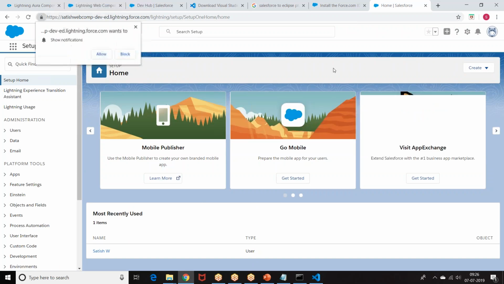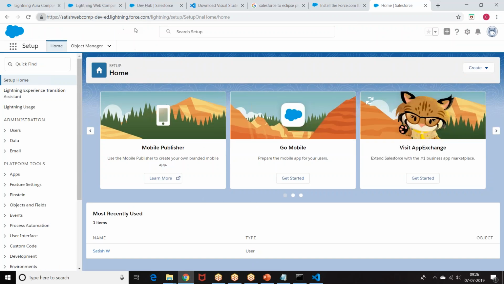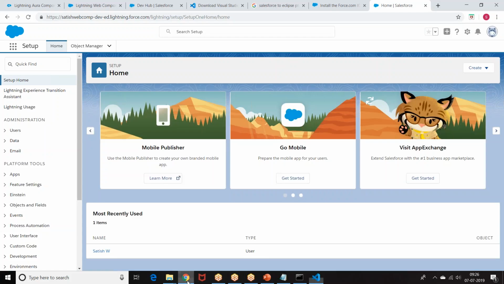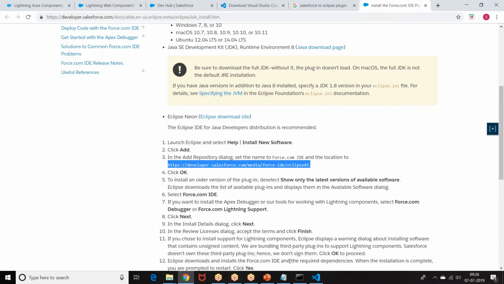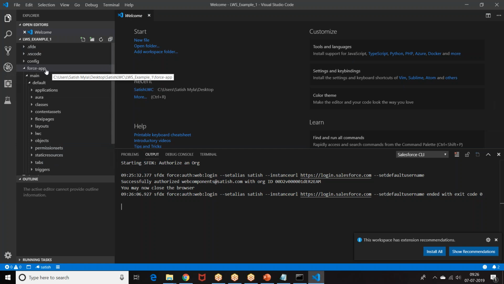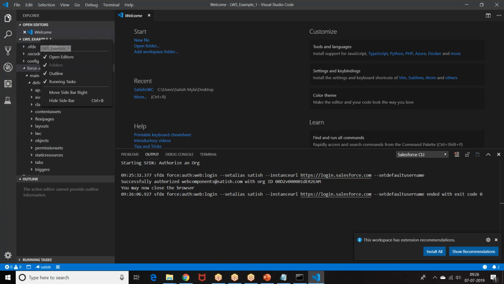The moment you have successfully logged in, you're getting a message on the terminal. You're successfully logged in. You can log out from the browser if you want. Okay. Now you're logged into the org, and I want to create